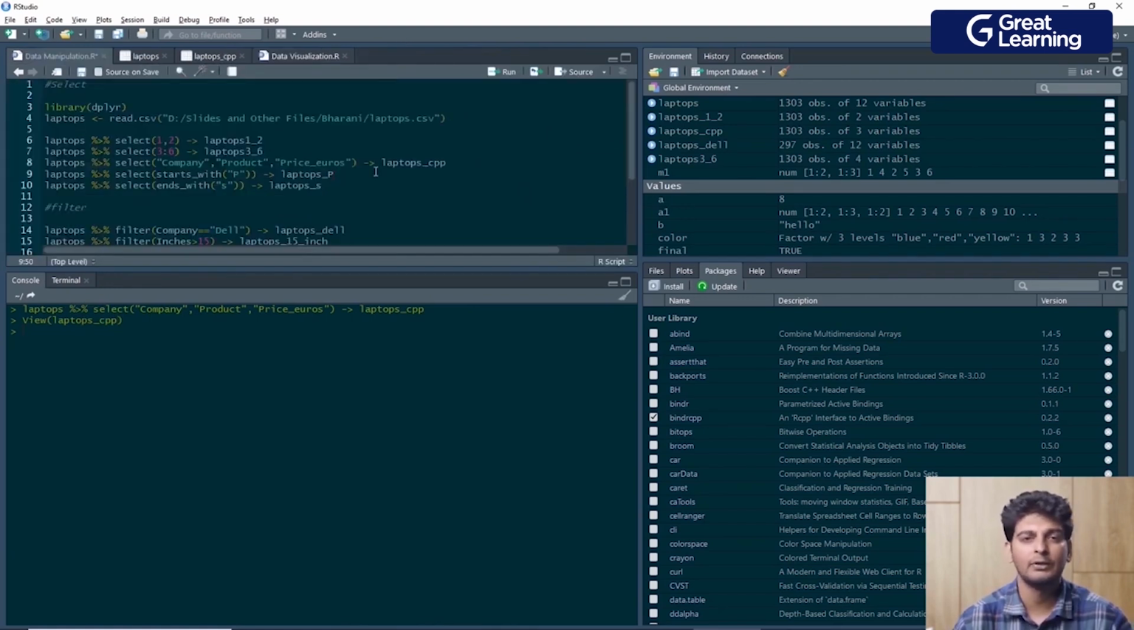Now there are two interesting attributes inside this select function. So let's say I want to select all of those columns which start with a particular letter or end with a particular letter. Then for this purpose, we've got the starts with attribute and the ends with attribute. So from this data set, I'd want to extract all of those columns where the column name starts with the letter capital P. So I'll select this code over here